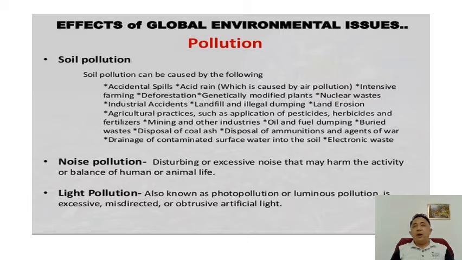Then we have also light pollution. So yung ilaw. So light can also become a pollutant, or it can also be considered as a pollution, especially if there is an excessive number of lights that are opened at night. It may distort the normal pattern of some insects or some organism, and including humans. Sometimes excessive light may affect the way on how they sleep. So that's the reason why light is also considered as a form of pollution.